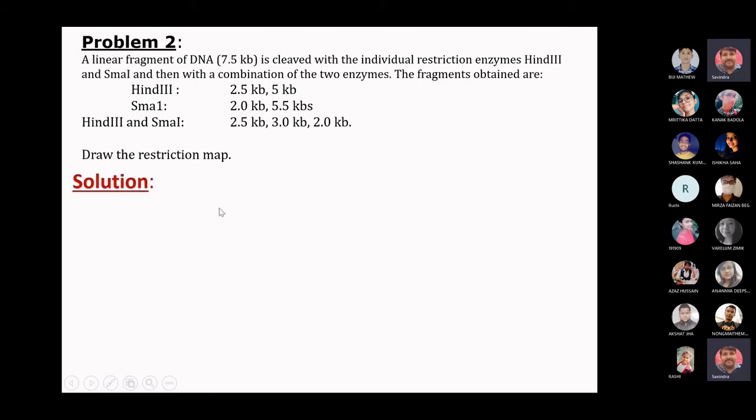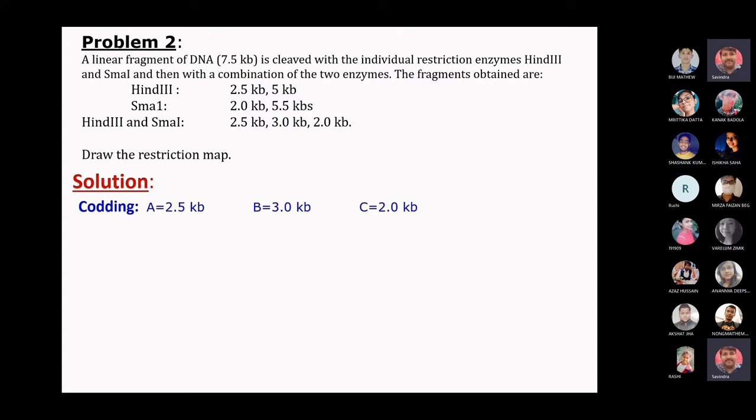How to solve it? What is the first step? पहला स्टेप क्या करेंगे हम? Coding. Yes. And what will be the coding? A 2.5 kb, B 3 kb, C 2.5. Okay, it can be given. You can give any code to anyone. You can give A to 2.0 kb, B to 3.0 kb, and C to 2.5 kb. It totally depends upon you because it will not change your final map.